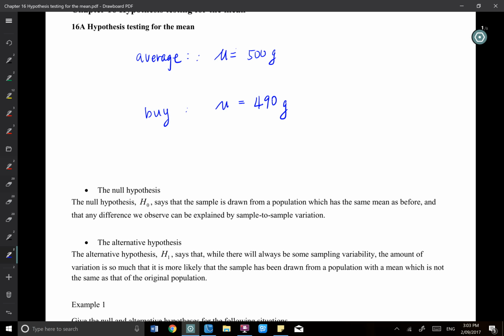Your mu for this candy is no longer 500 grams. Because I weighed it and I find it's less than 500, I say your mu is not necessarily 500 now. I think it's less than 500. If you buy a lorry bag and weigh it, it's not going to be that. No, it's just because of my experiment. That's just an example.